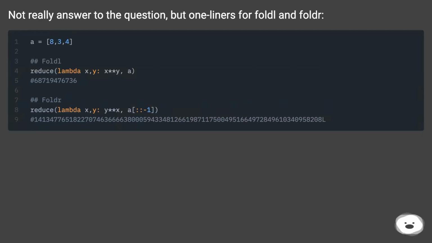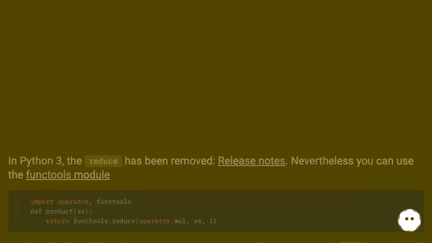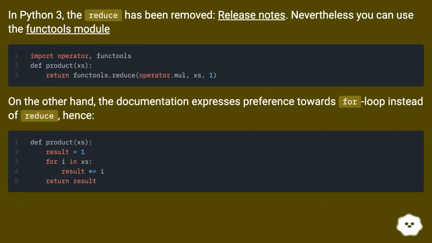Not really an answer to the question, but here are one-liners for foldl and foldr. In Python 3, reduce has been removed, according to the release notes. Nevertheless, you can use the functools module. On the other hand, the documentation expresses preference towards a for loop instead of reduce, hence,